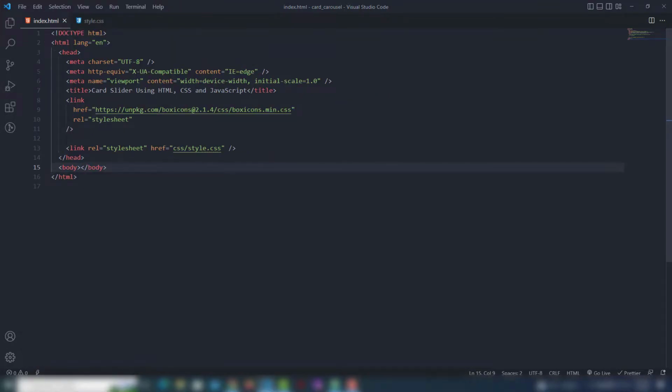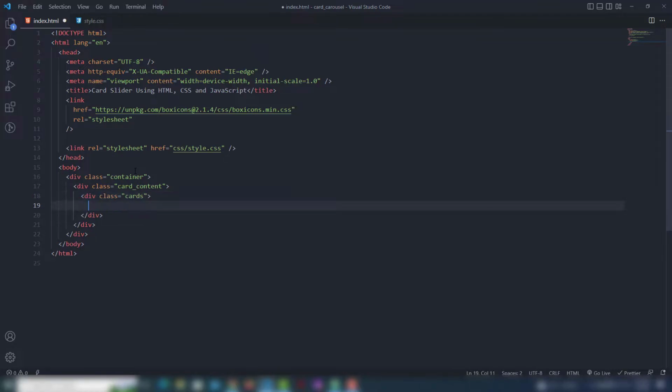So let's create the cards. So I call container, and then I'm gonna add that will be card content, right? So inside the card content I'm gonna add the cards. Inside the cards we're gonna create a card, means we're gonna add the image content inside the cards. So we're gonna use the img tag, first img